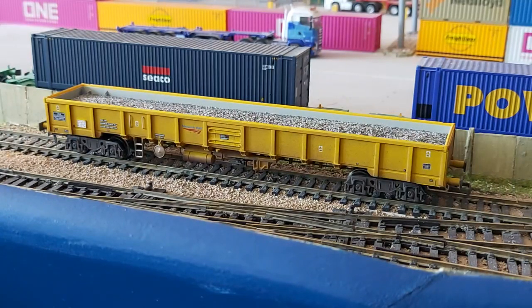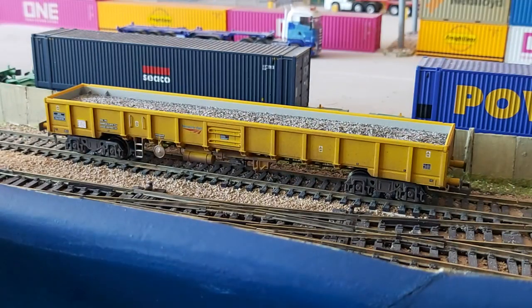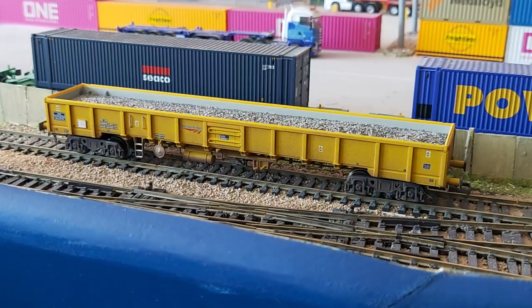So next is these Network Rail J&A Falcon wagons by Dapol. I have loaded these and weathered these, and again, they're around about the same sort of mark, about £25 or so, around £25 to £30 depending where you go. And again, I think they're pretty exceptional value for money. I have 6 of these,